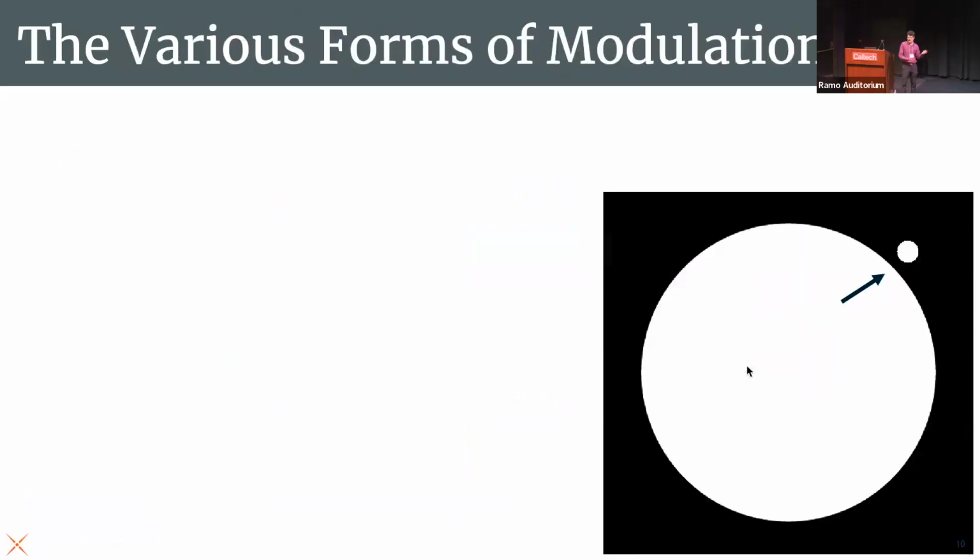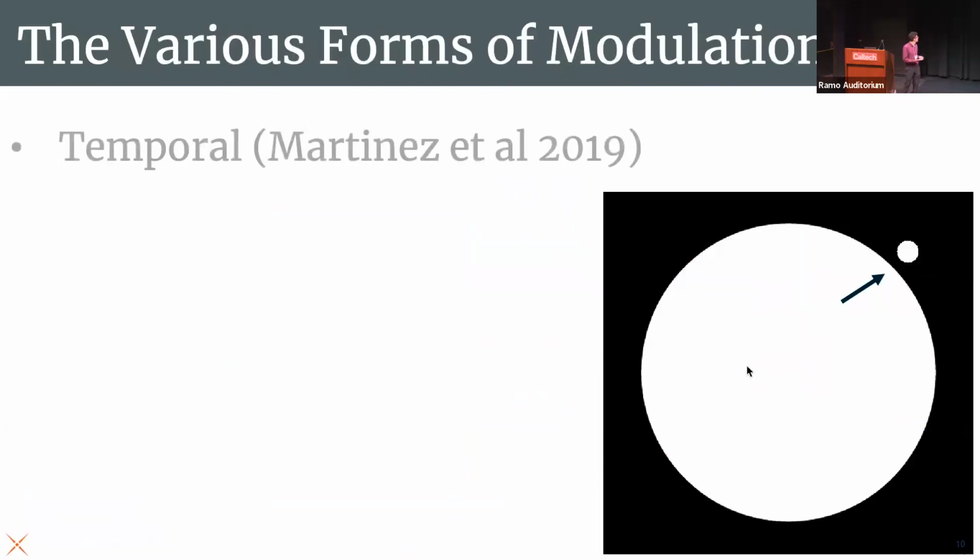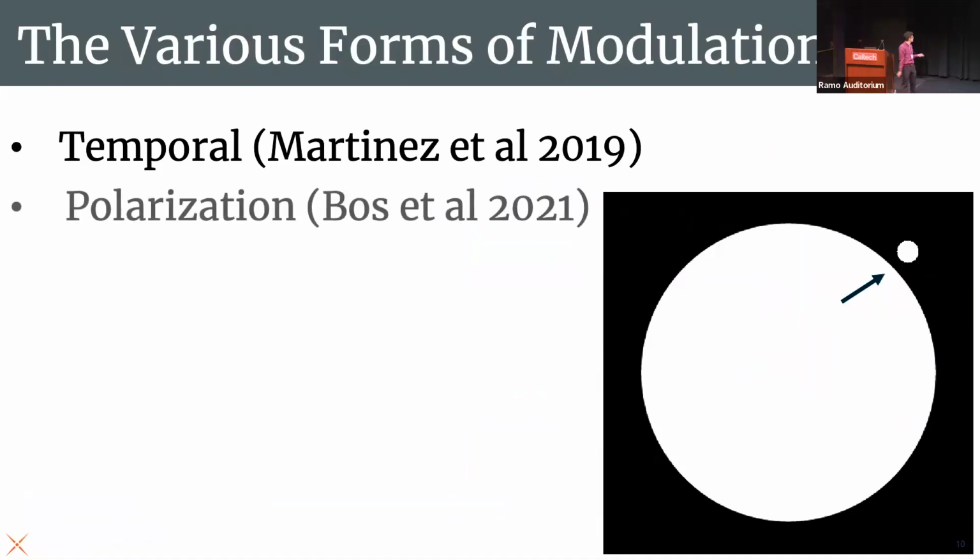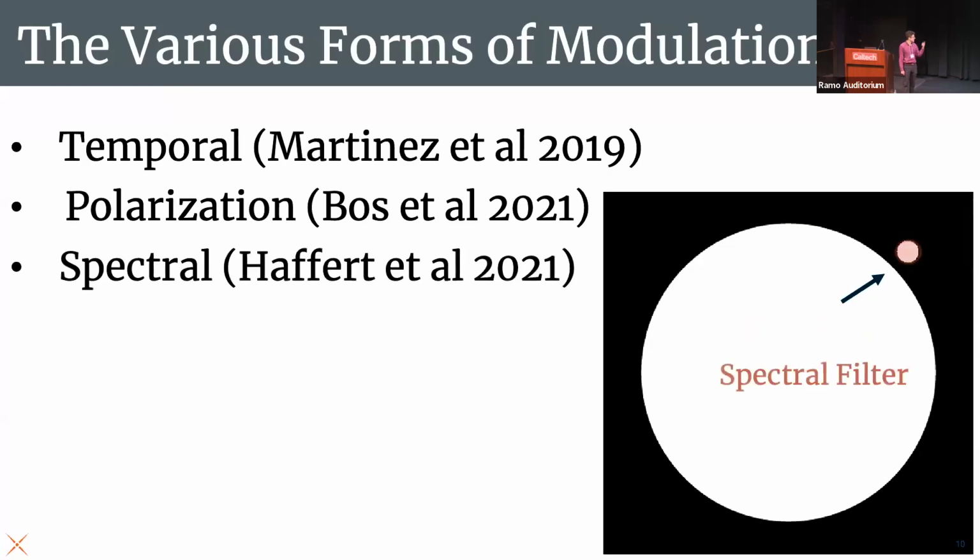And so there are various forms of modulation, some of which we've already learned about, such as temporal modulation, which SPIDERS uses, where you can block and unblock your pinhole to create these fringed and unfringed images. There's also polarization modulation, where you can place a polarizer over your pinhole to block out one polarization state. We also have spectral modulation, where you can place a spectral filter over your pinhole and effectively filter out